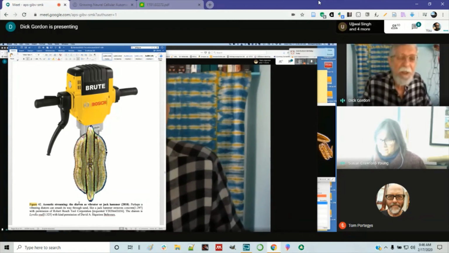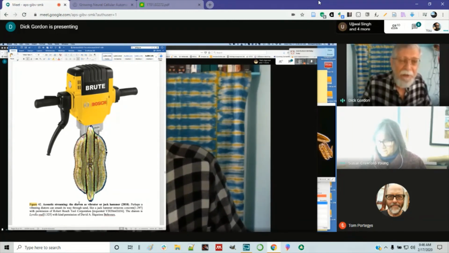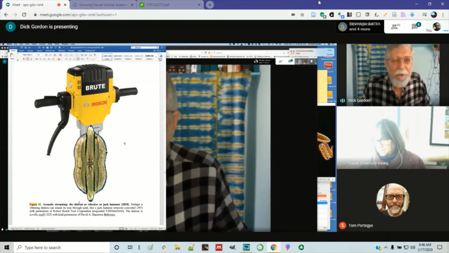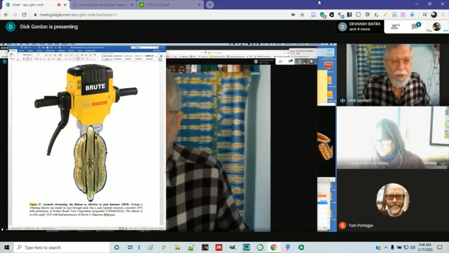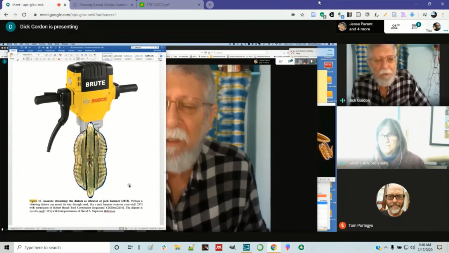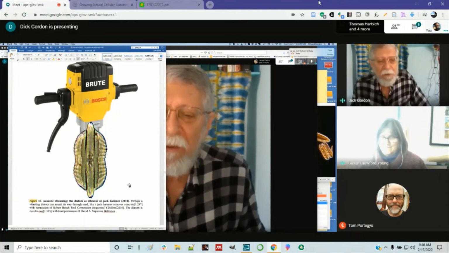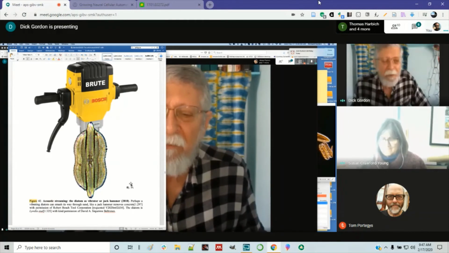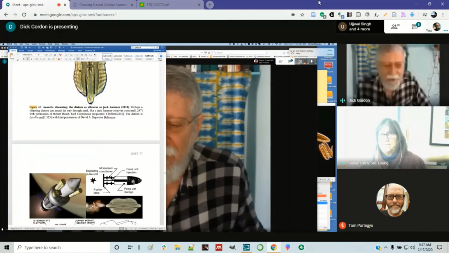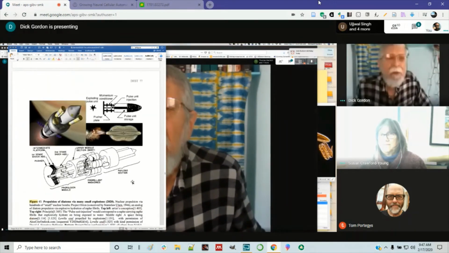They haven't suggested how they do that, and then this allows them to move in water. So here is a jackhammer, which is a device for breaking concrete, with a diatom jack. It's my model of how a diatom might move. Okay. Next model is one which comes out of the work I've done